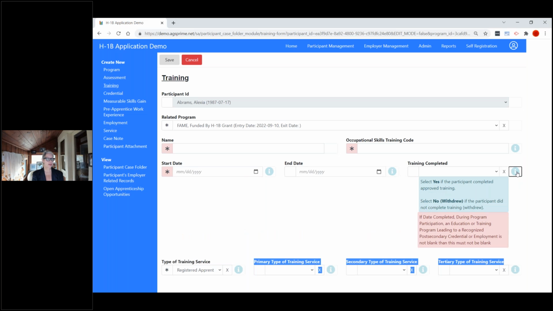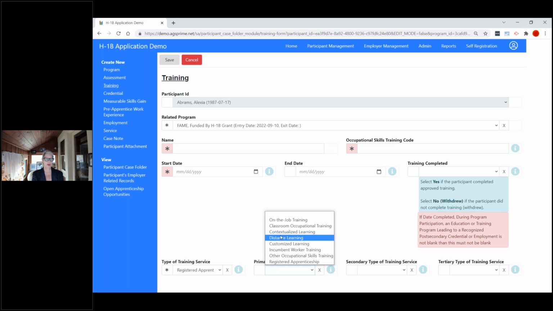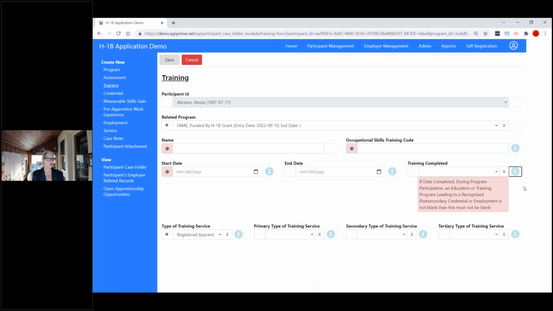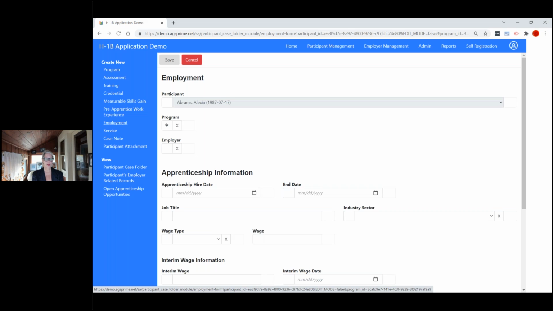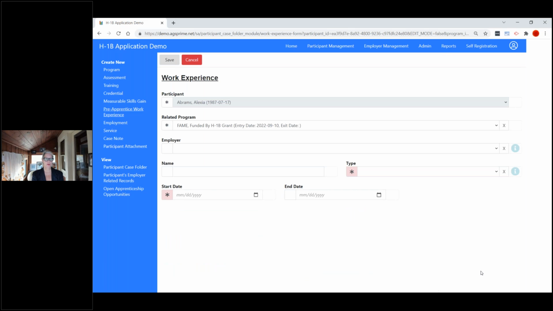And we are helping our customers update that information as much as we can. If they can make a decision of what this could be en masse to something else, we'll make those changes for them to save them time for the next round of updating. The credential record has, of course, been updated. The employment record has been updated, and the pre-apprenticeship work experience form has been updated to keep track of work